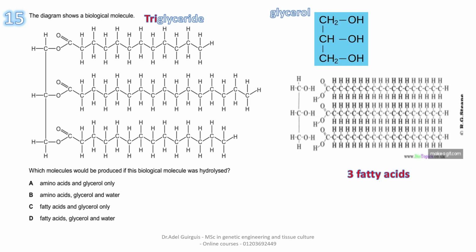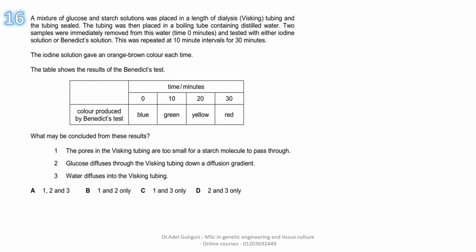So only the answer is C. Fatty acids and glycerol only. Okay. Number 16. A mixture of glucose and starch solution was placed in a length of dialysis tubing and